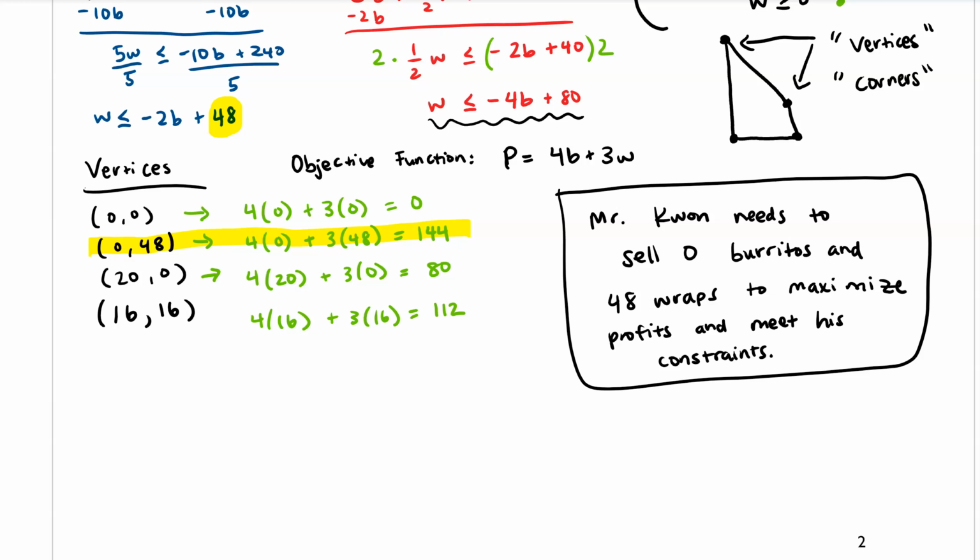Now, if you were a business though, you'd have to probably think about like 100 other constraints. For example, another thing that you would need to think about that might not even necessarily be a constraint is how popular are wraps versus chicken burritos? Like if I made 0 burritos and put all my eggs into these 48 feta wraps, am I going to be able to sell all of them? Well, in the context of this problem, it said that I always sell out whatever I make, but in reality, if I was a business, wraps might not be as popular as chicken burritos, and so I would have to think about the